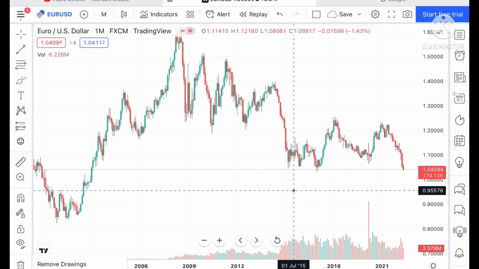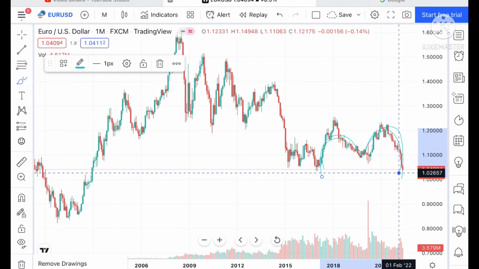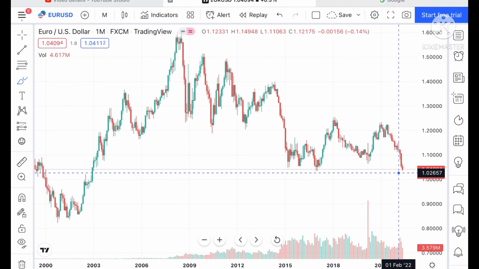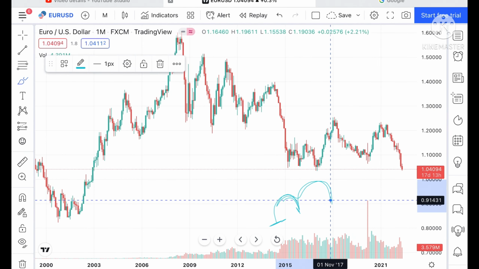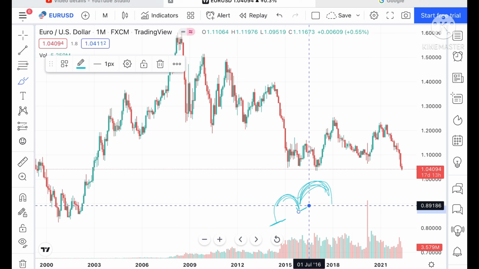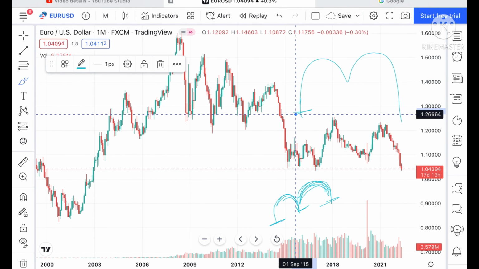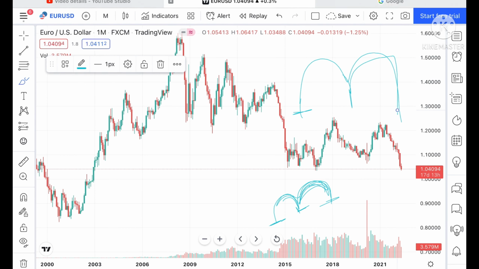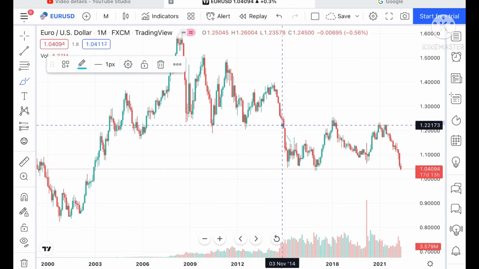Now look at the chart. If you look at the chart clearly, what we have seen is that it is a downtrend. An M pattern is forming, and what the M pattern says is that the support is being tested twice, so probability will be high. We can see if it goes for the third time, it can break this particular support and can go down.